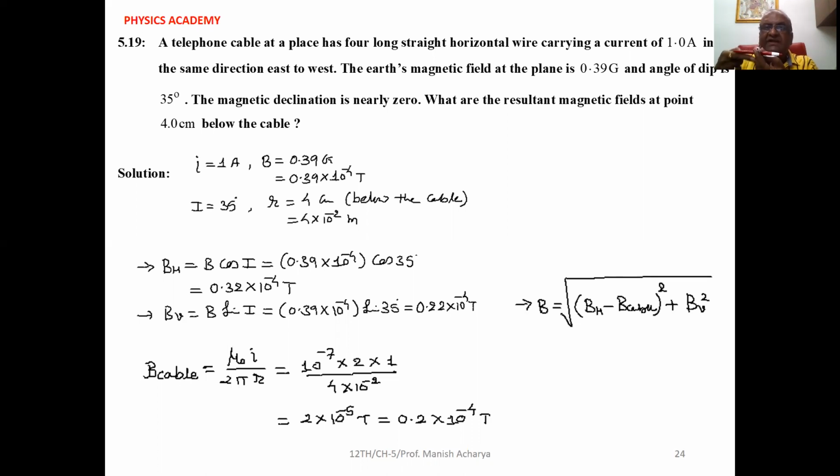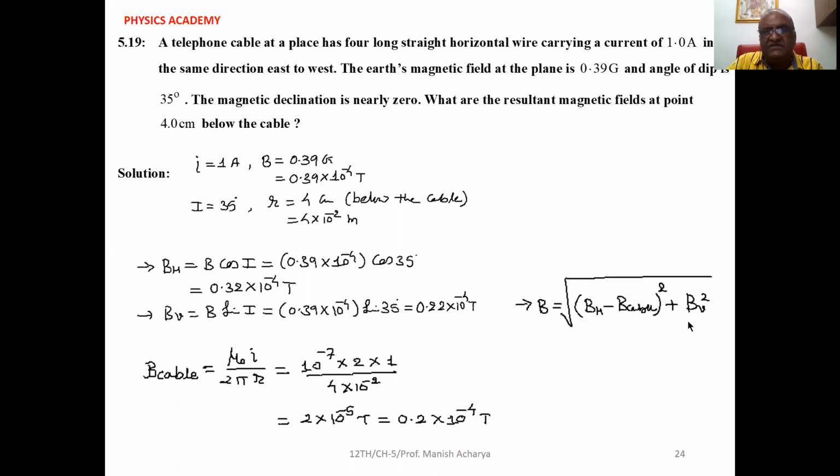At the same point, there is the vertical component of Earth's magnetic field. It implies that this BH minus B cable is the resultant field in horizontal direction, and the vertical field is BV. These two are perpendicular to each other. Therefore, now we can write the resultant field B, that is under root of (resultant horizontal field BH minus B cable)